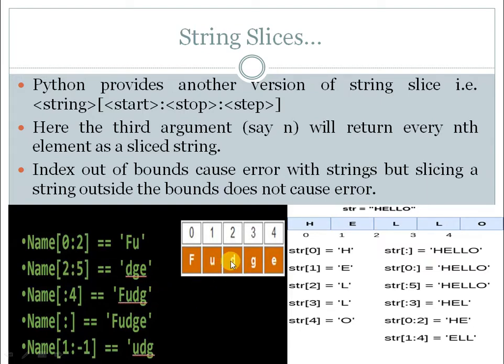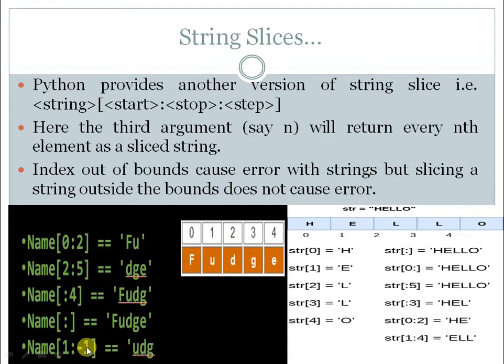What are the index numbers 2, 3, 4? D, G, E. Similarly, colon 4 means you have not provided the initial value, it will take it as 0. So it will give 0, 1, 2, 3: F, U, D, G. Similarly, this one, minus 1.